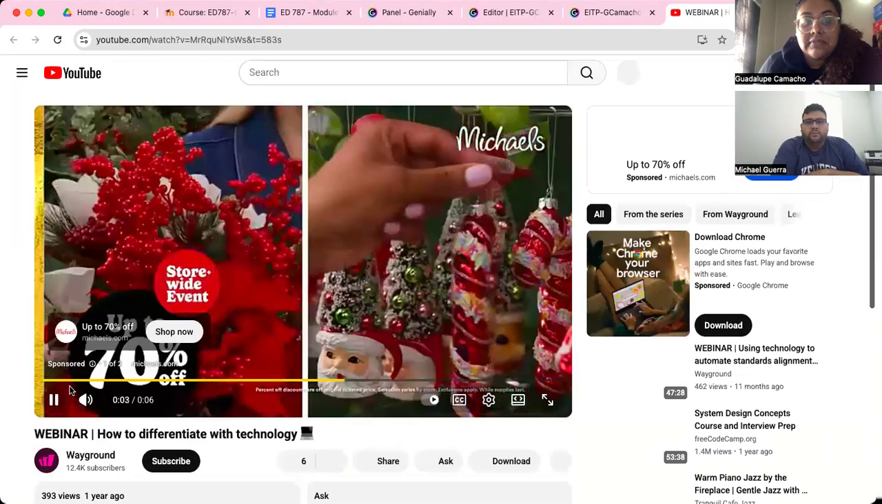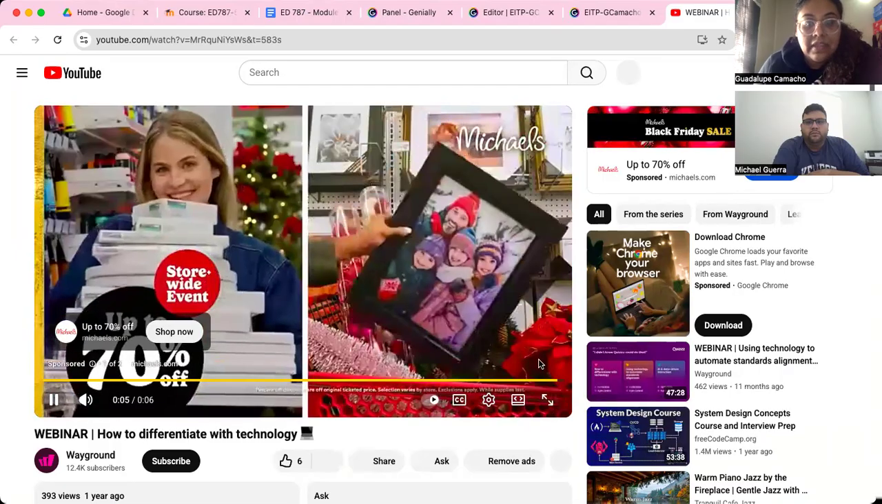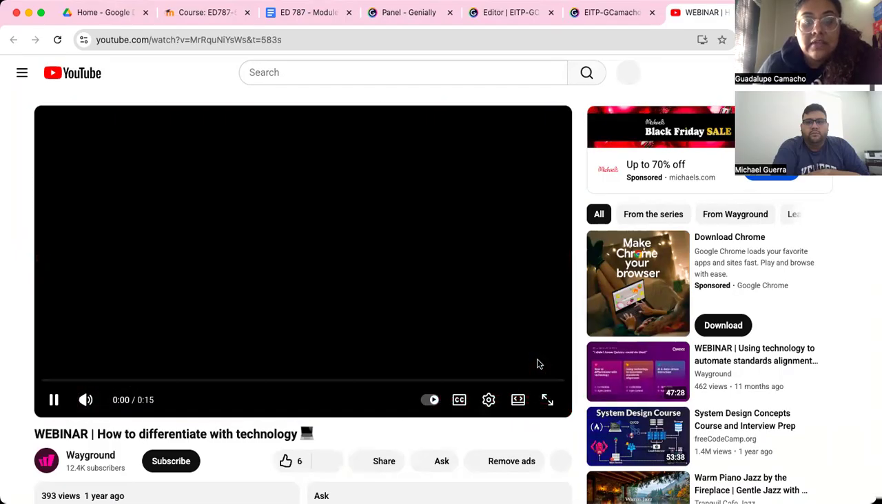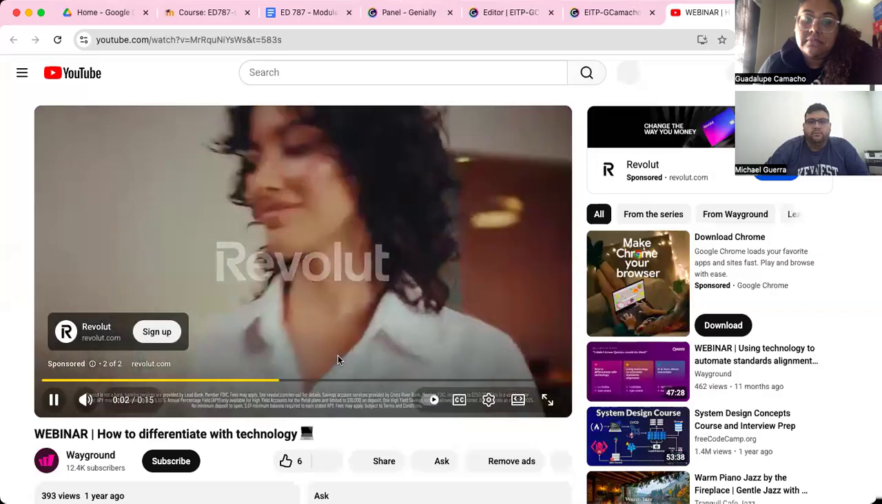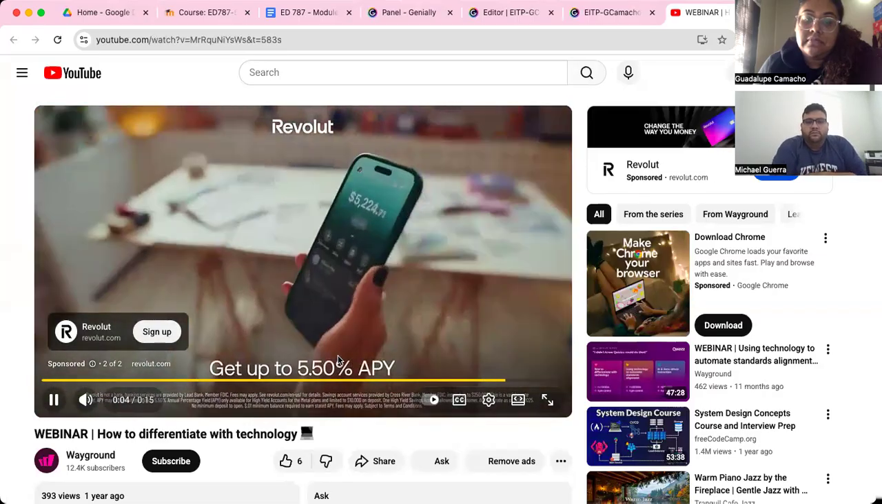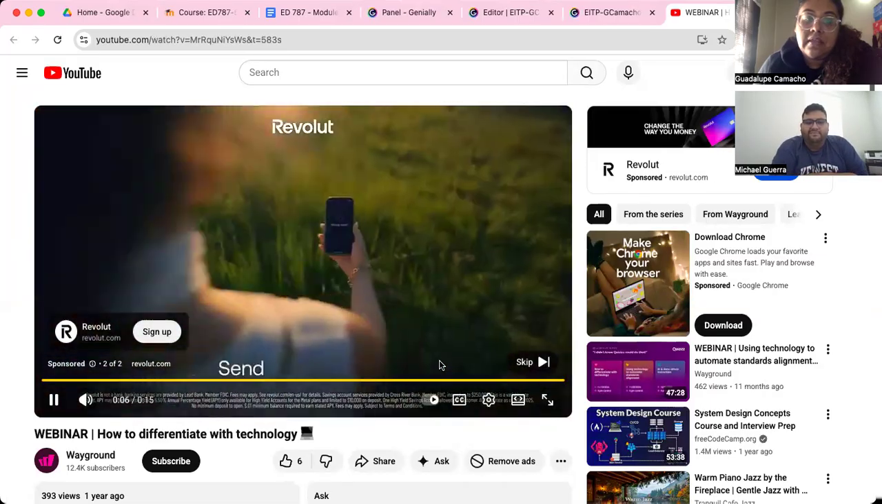One second. Shop in store or online today. Oh, With Revolut, you can grow your money faster with up to 5.5% APY and send it to over 140